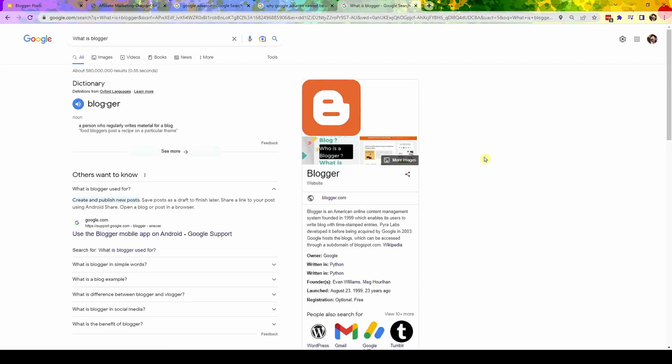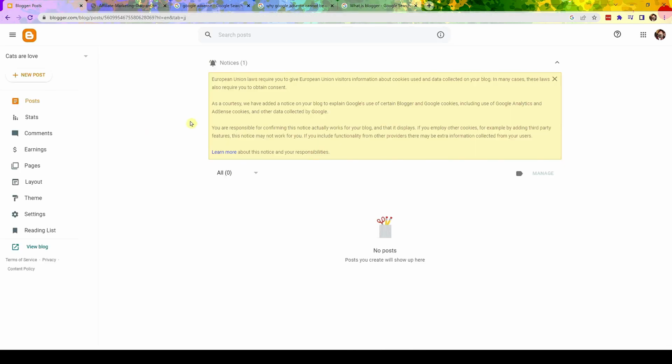Another thing would be Blogger. So it is a free tool from Google wherein you can create and publish blogs. You can integrate AdSense in Blogger so you can monetize it. So this is an example interface of Blogger. Now this is just a new login. I haven't had any blog posts yet, but for this tutorial, I just want to show you this part,